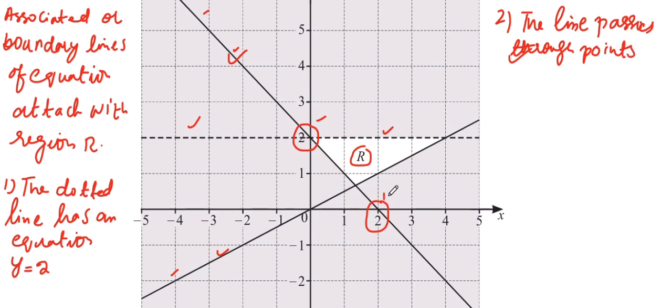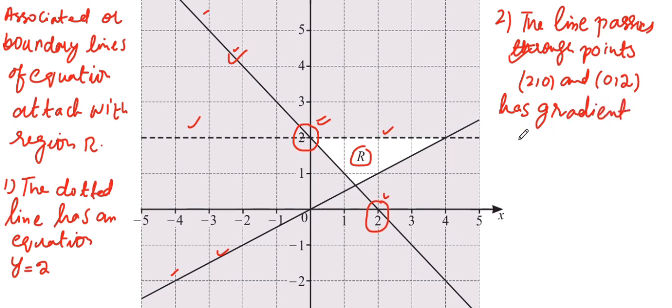Here x is 2 and y is 0. And this is my second point where x is 0, y is 2. The line passing through the points has gradient, also called sometimes slope, equal to